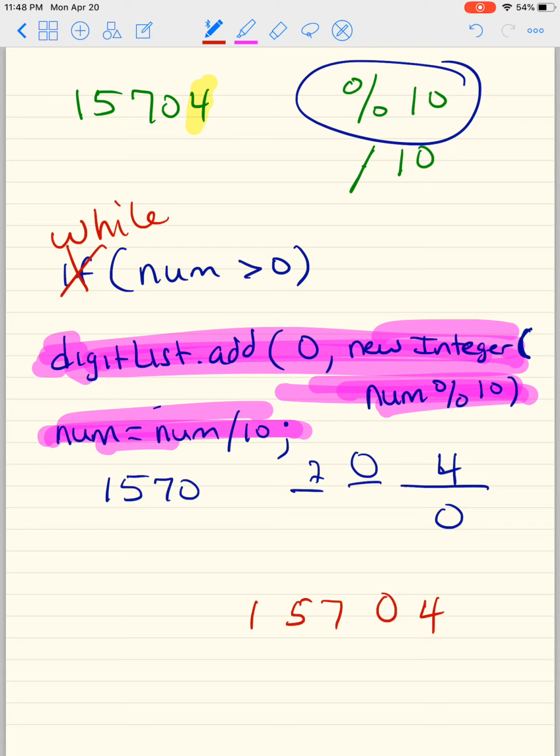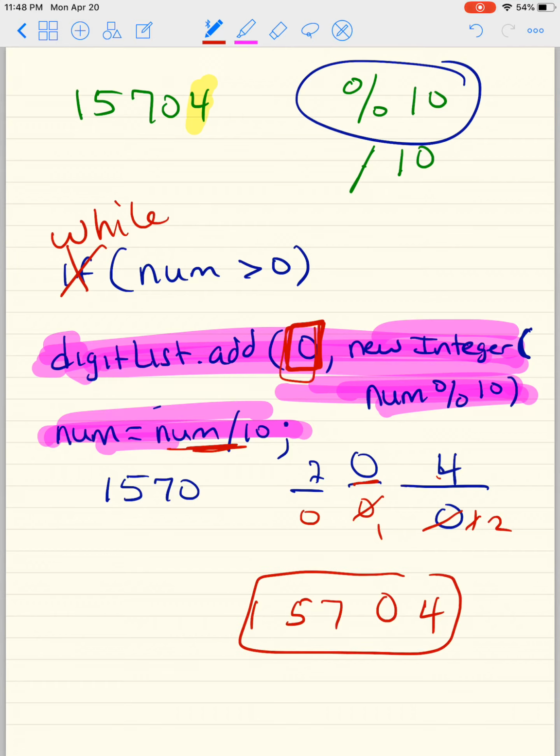After 1 gets added to the beginning, that's why it's at 0, because it keeps adding it in front of it, okay? So this now becomes 1, it pushes it, becomes 0, and then this becomes 1 and 2, and this becomes 0, and so on. So this 0 puts it in the front. Now, once it gets to 1, it goes 1 divided by 10 is 0, and then it kicks out, okay? So you get this here, and that's how you do